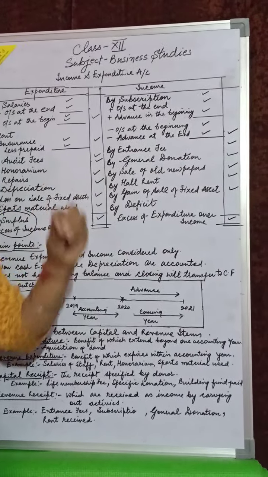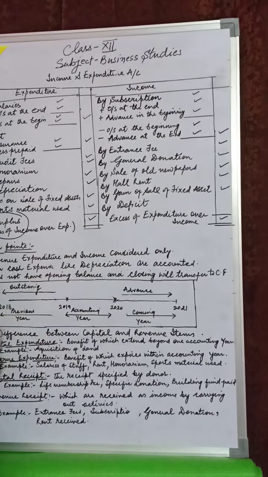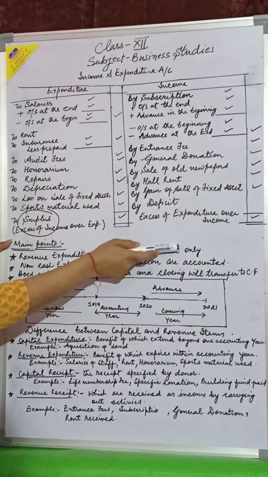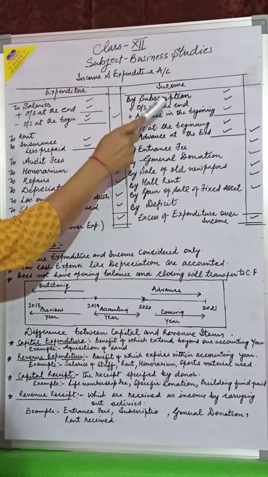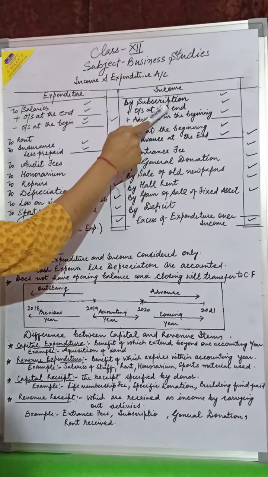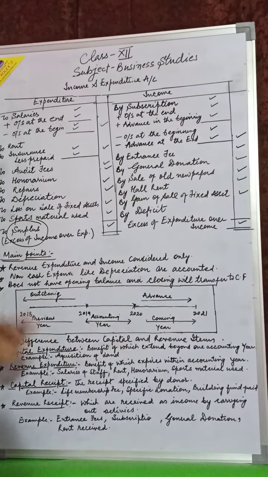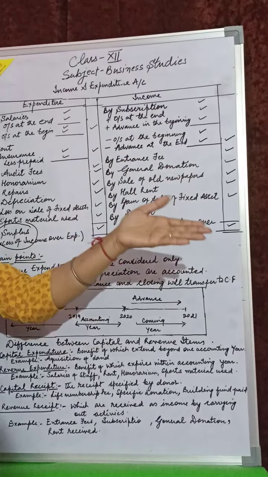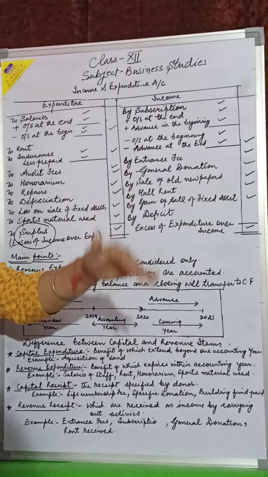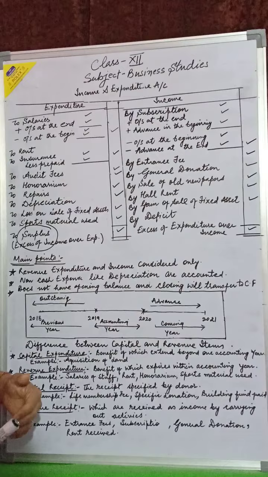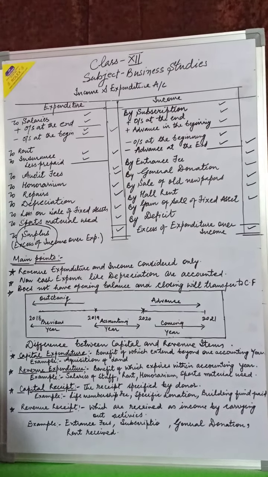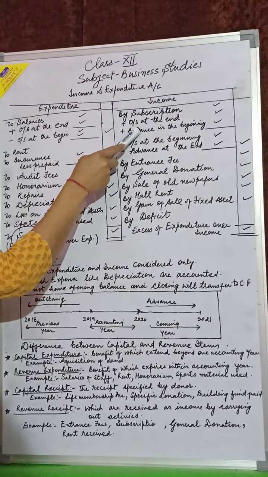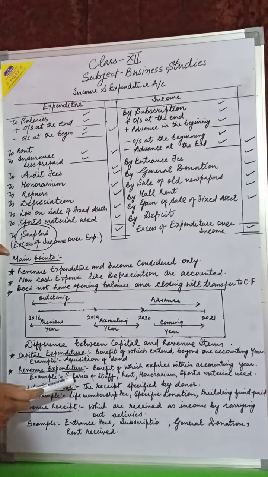What are the resources of the income of the non-profit organization, or any gains, will be part of the credit side. First of all, this is the subscription. Now subscription you all have studied. It means that this is actually the services we give to the members, and for those services we take the subscription on a monthly or quarterly basis. So it will also be a source of income and will go to the credit side of the income and expenditure.